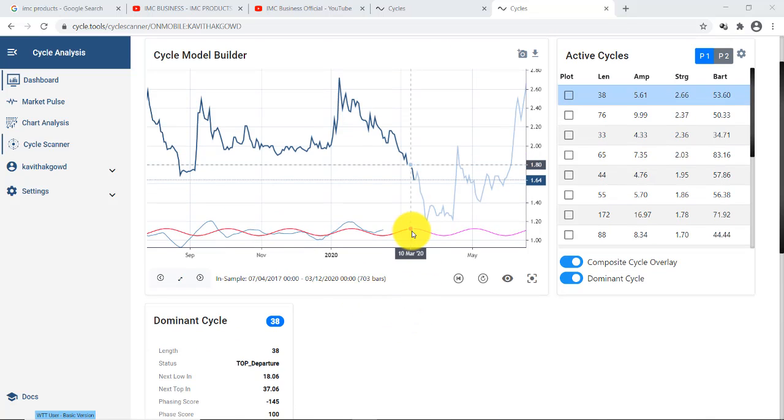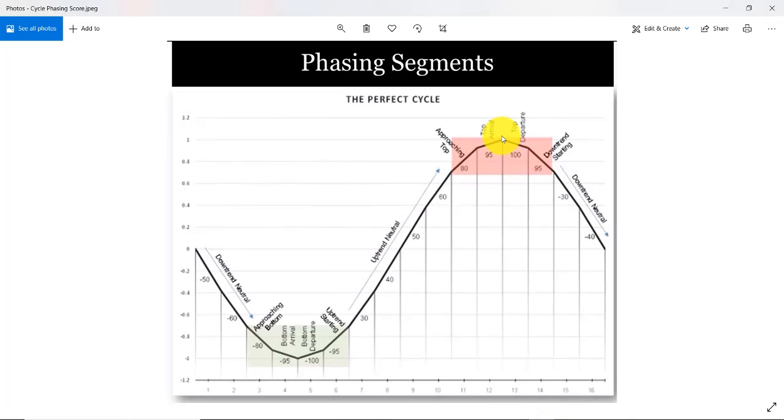So normally, according to this image, when the peak arrives, that is, the top arrives, the value is in between 80 to 100, right? So suppose one small cycle and one long term cycle both are approaching top, then the value could be in between 160 to 200. But if a long term cycle is